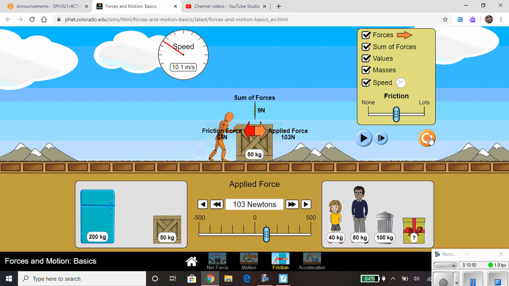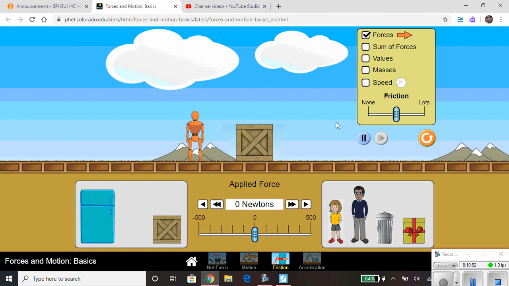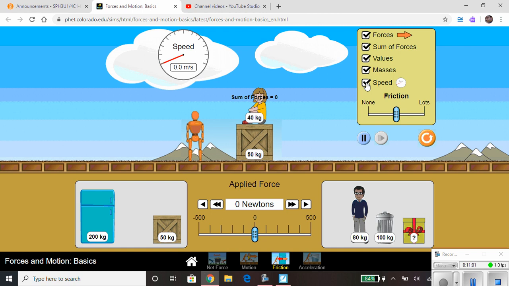So let's reset that, and let's put this person on top of this. So now we've got 90 kilograms here. So we're going to push on it with 50 newtons, nothing doing. 100 newtons, nothing doing. 150 newtons, nothing doing. Not moving. So since I added this 40 kilograms on top of the 50 kilograms, the 150 newtons, which would